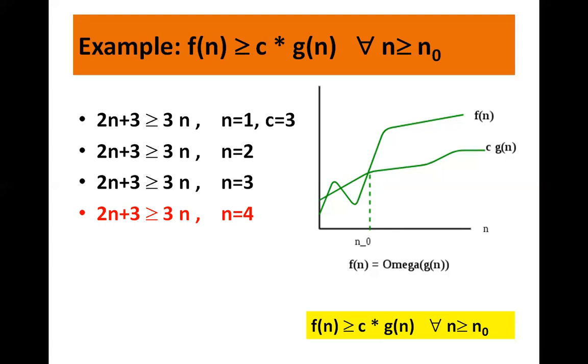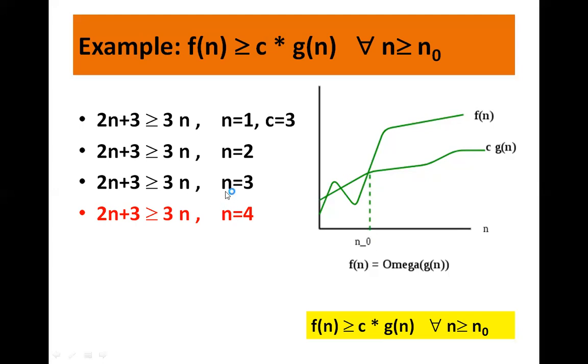Now, if you look at the diagram carefully, here f of n is a function and c into g of n is the lower bound. It gives the lower bound of the function. Whereas if you remember in case of big O notation, we had c into g of n as an upper bound and it was above your f of n. Now here it is below your function f of n. So it gives you the lower bound, and the point where the value of f of n and c into g of n is the same, that n value is nothing but n0.